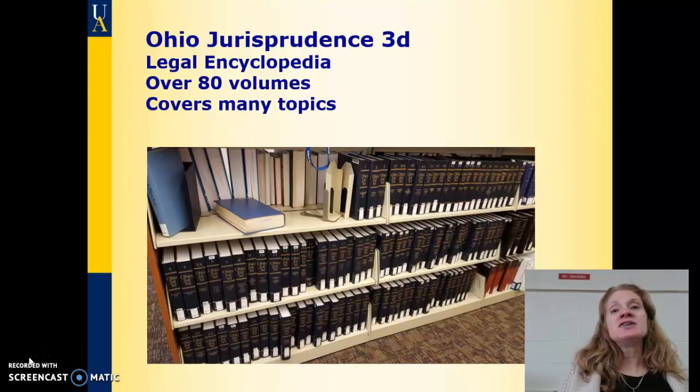So if you want a secondary source for a certain topic in Ohio, there might be a practice book available, such as tort law or criminal law. There's Ohio civil procedure practice books, but there's not a practice book on other topics, like, say, contracts in Ohio. However, contract law in Ohio is covered in Ohio Jurisprudence. So Ohio Jurisprudence is often a good place to start. And it cites to your cases and statutes, and it helps you find primary authority, as well as giving you an overview of the